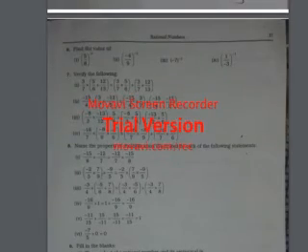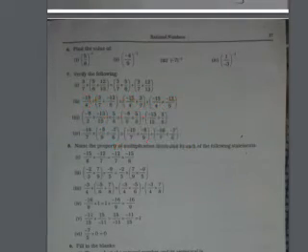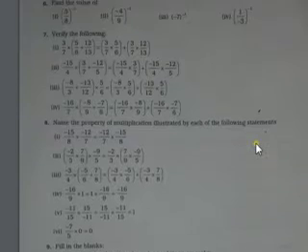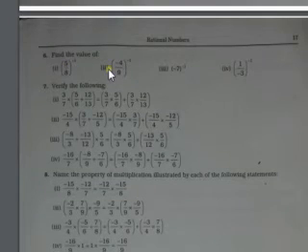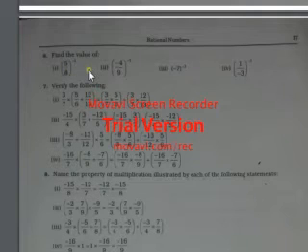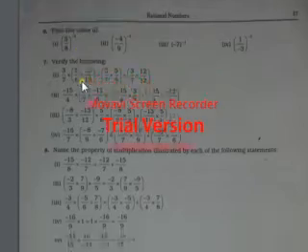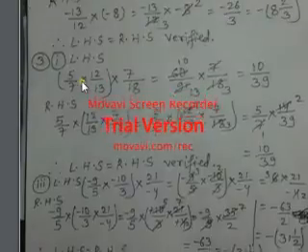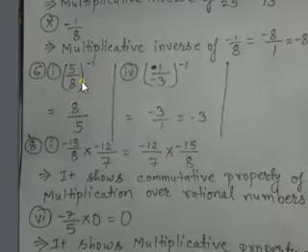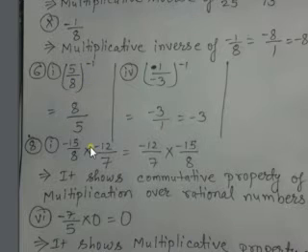Okay, if you see question number 6, we have to find the value of, inverse is there, 5 by 8 inverse is there. So what happens, it becomes 8 by 5. Inverse and reciprocal is the same. So you can see over here I had made question number 6. 5 by 8 inverse becomes 8 by 5. In the same way, 1 by minus 3 inverse becomes minus 3 by 1, that is minus 3. In the same way, others can also be done.